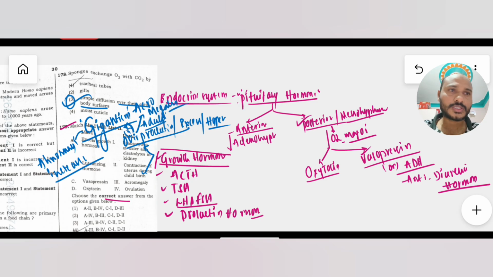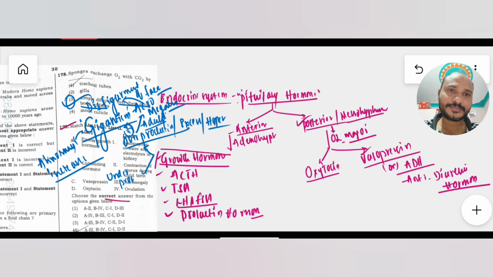Acromegaly is due to overproduction of growth hormone in adults. Acromegaly means severe disfigurement of the face. The face becomes disfigured. That condition is called acromegaly. It is due to excess or overproduction of growth hormone in adults. Fine, right. And if there is underproduction of growth hormone,